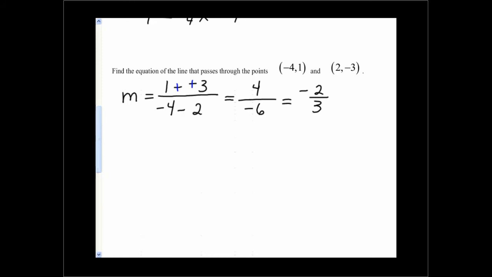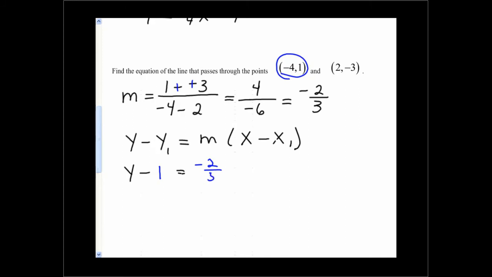So we have a slope of -2/3. Now because we have slope and now we have two ordered pairs, we can just use one of them. But again, we're going to use the point-slope form of the line. y minus y sub 1 equals m times x minus x sub 1. Substituting, and we can choose the first ordered pair if you wish. So we'll have y minus 1 equals the slope, which is -2/3 times x minus -4. All right, so now we've got y minus 1 equals